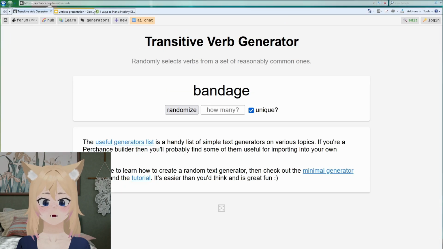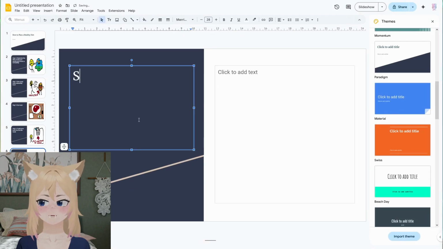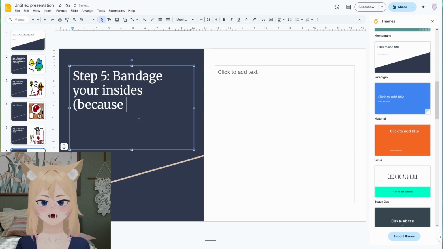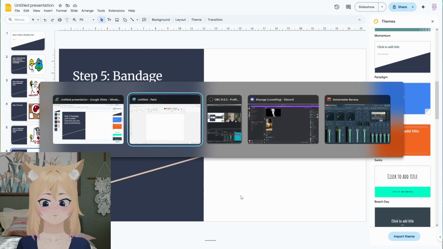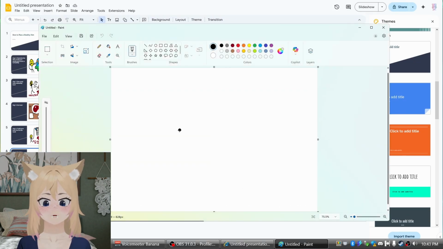We need to bandage your insides because you ate junk food before. Then you need to fix yourself from all of that unhealthy food, and by doing that you must put a